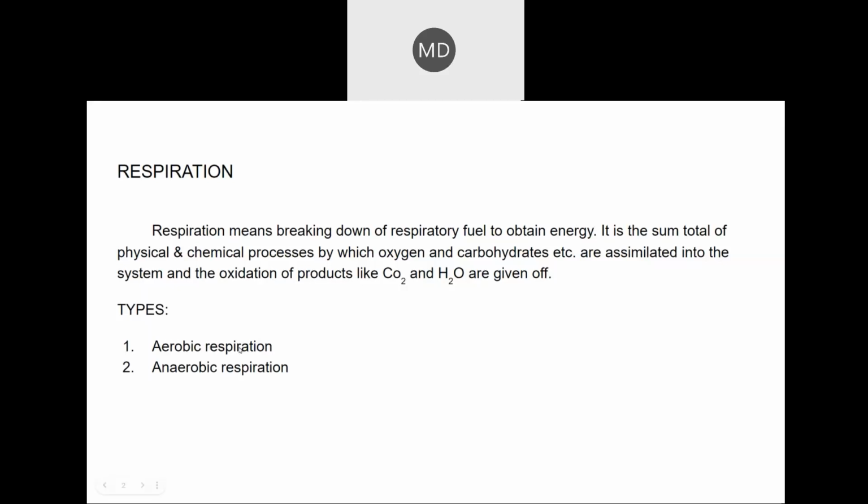Okay, same way aerobic respiration and anaerobic respiration. Aerobic respiration generally takes place in the case of multicellular organisms, eukaryotes. Okay, aerobic, presence of oxygen, means in us. There are exceptions, we will discuss that later. And anaerobic respiration takes place in the case of unicellular organisms, that is prokaryotes. That is the most important difference. Aerobic respiration takes place in the presence of oxygen, and anaerobic respiration takes place in the absence of oxygen. No oxygen is required, but for aerobic respiration to take place, oxygen is a must.